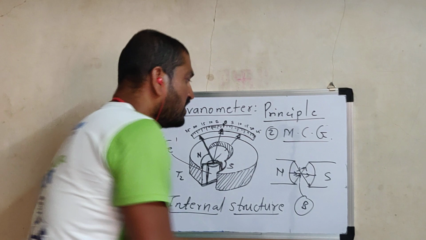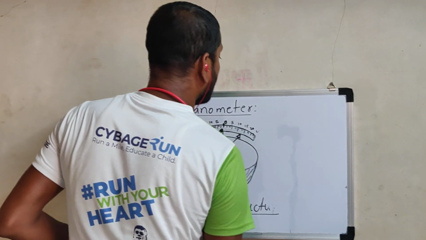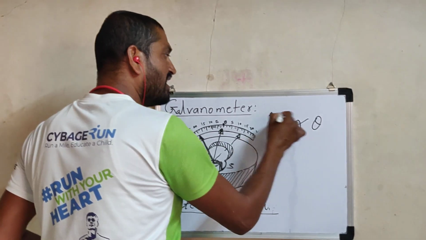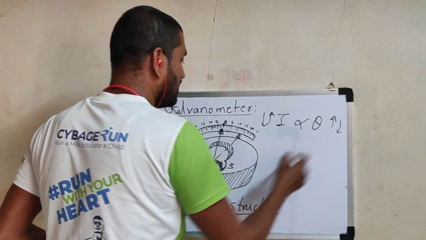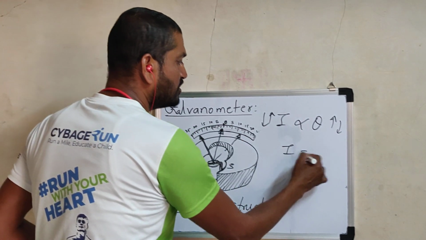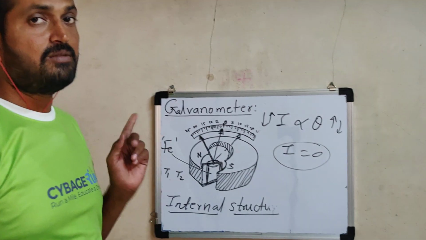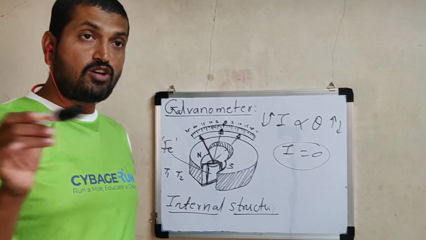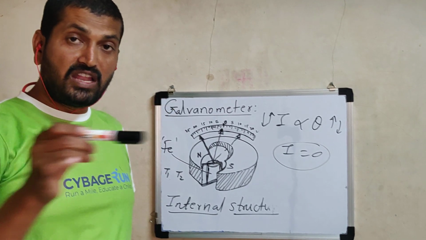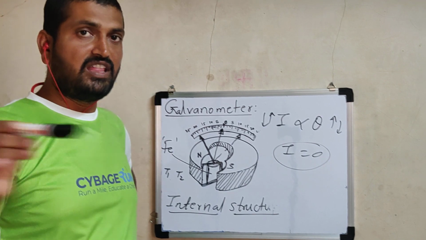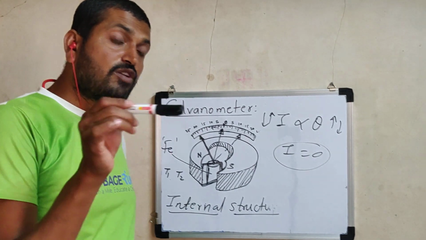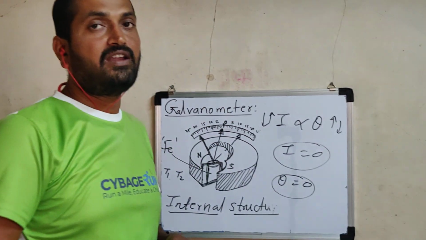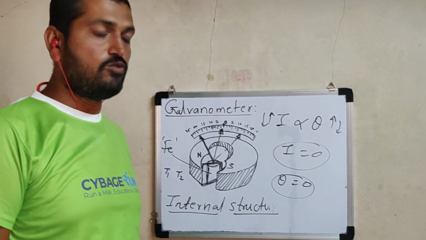And remember the principle: it works on the principle that current flowing through its rectangular coil is directly proportional to the angle of deflection. If current is there, deflection is there. No current, no deflection. It means if the pointer shows zero deflection, the current is zero. And this application we already considered in the meter bridge to get the balancing condition. We know that in a meter bridge, when the sliding key or jockey is slid along the 1 meter length of wire, a point is obtained for which the galvanometer shows zero deflection. Zero deflection means that current is zero, and when current is zero, that network is said to be balanced, or that meter bridge is said to be balanced.